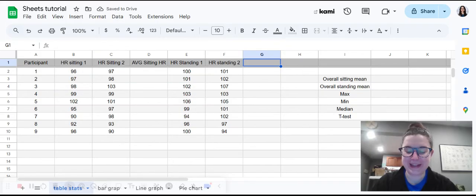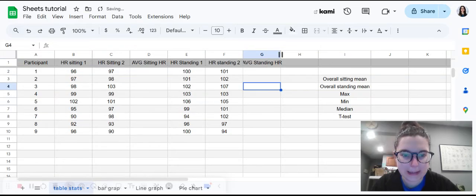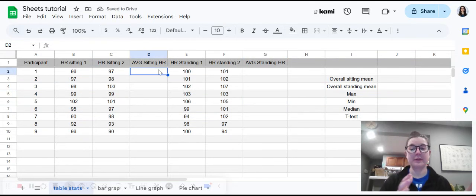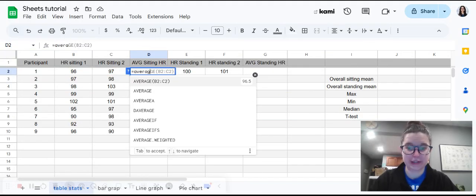And then average standing heart rate. Okay, which is a little big. I can make that column bigger just so the text isn't kind of overbearing. So if I want to find an average sitting heart rate for participant 1, I would type in equals, and then average, and then it's going to